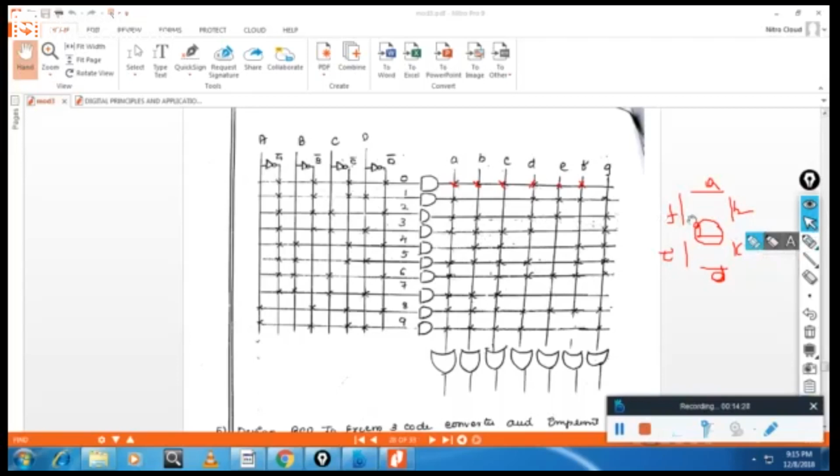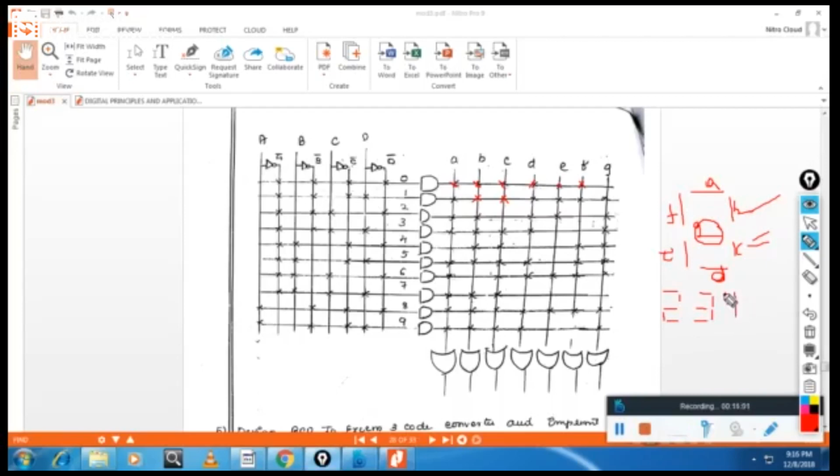To represent 1, you need to light this and this segment. That means here it should be like this, not this and all. To represent 2, you have to light all these segments. To represent 3, you have to light segments like this. To represent 4, you have to light segments like this.